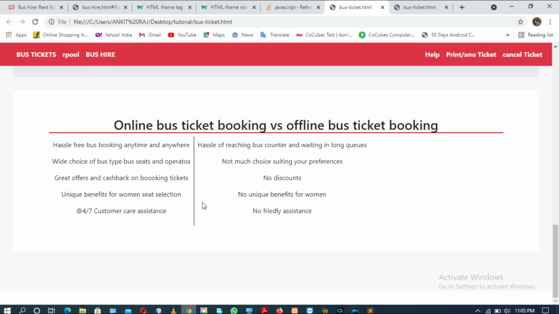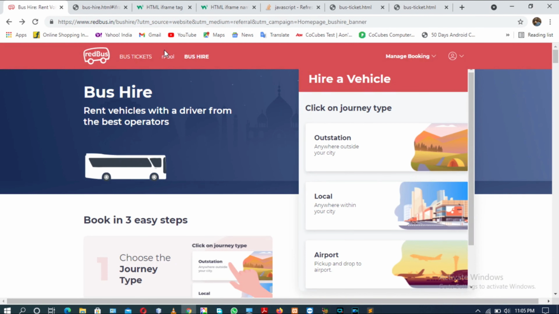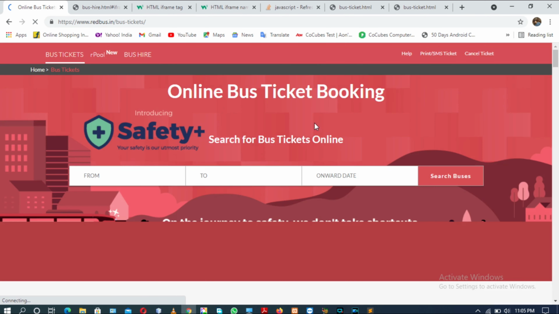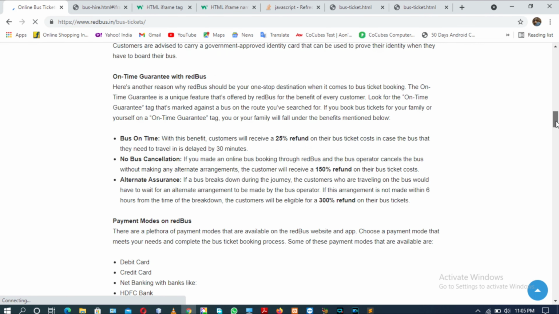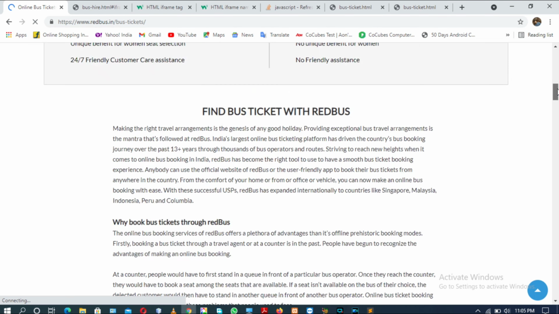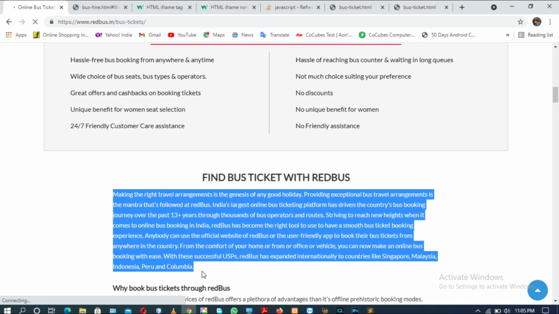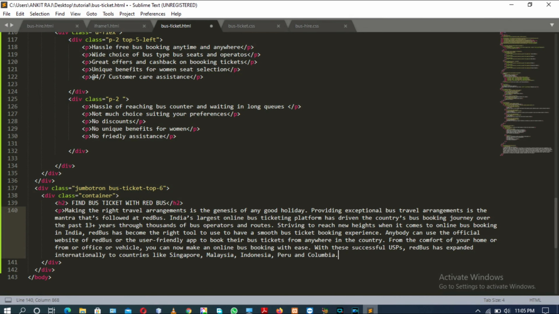So for this we need to open our redBus website bus ticket page, and just copy all the paragraphs from here. Here you can see we are developing this section, find bus ticket with redBus, and we need to copy this paragraph inside our para tag.